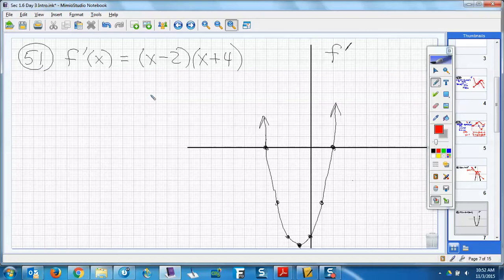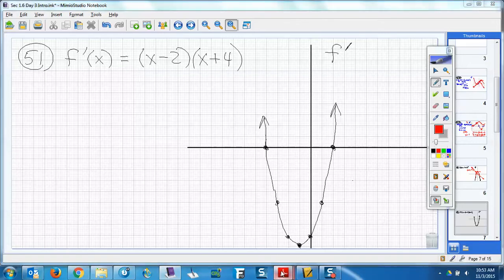Like if I put a 2 into here, I get 0. If I put a 4 into here, negative 4, I get 0, right? So we know those are the roots, 2 and negative 4, so at least we know that. But again, I can get a decent looking graph of this without going to my calculator, okay? Because the roots are easy to find when it's in that factored form. So I got 2 and I got negative 4. But this time it's F prime, not F. All right, so